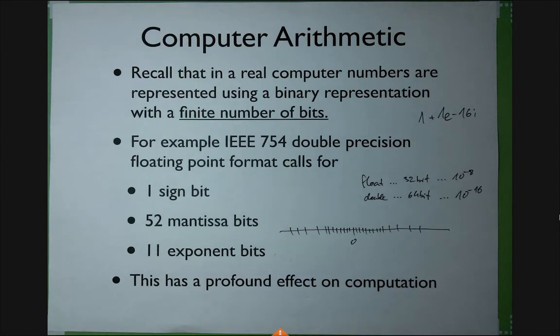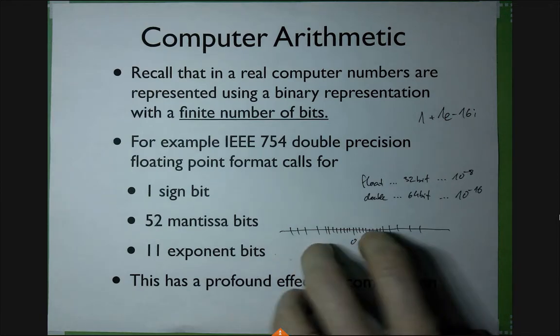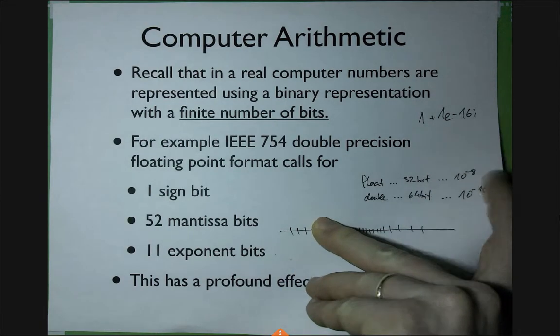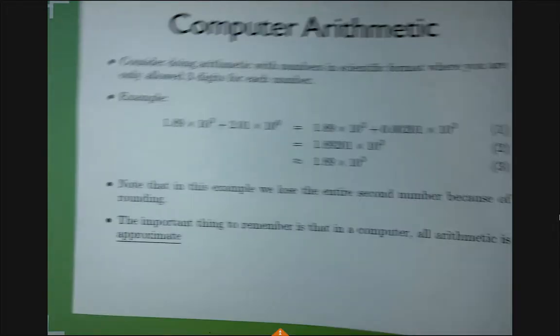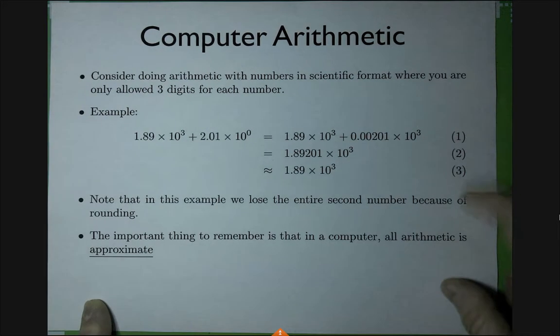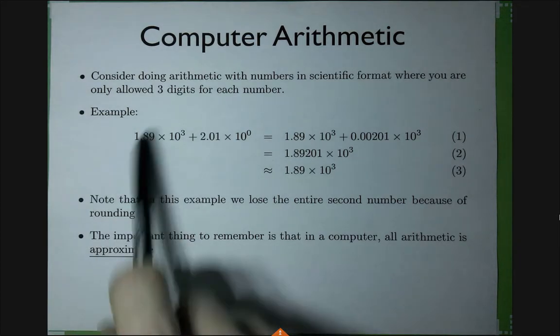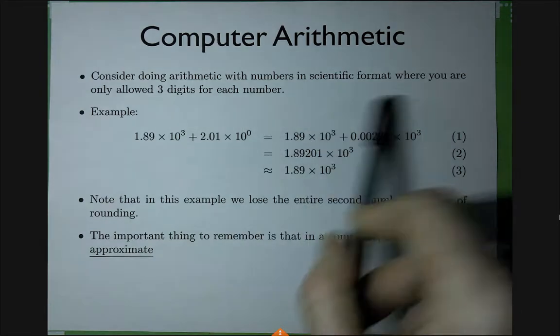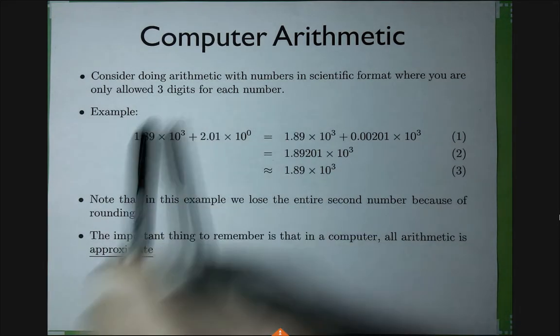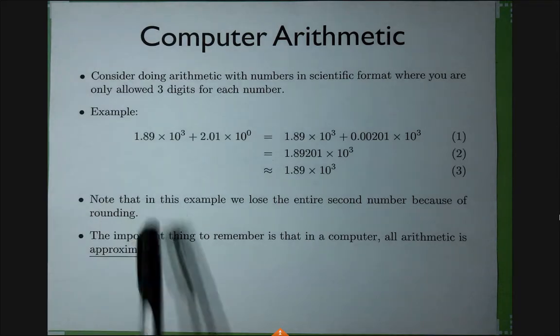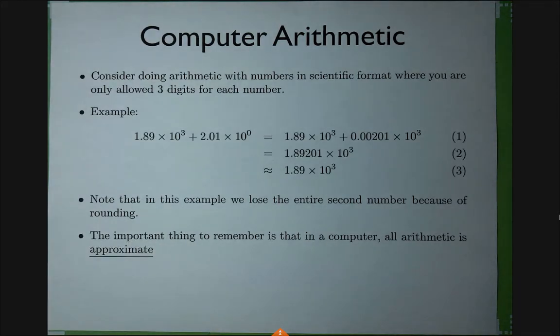So let's talk about what the rounding error means for solving systems of linear equations, because that's what leads to the pivoting strategies I would like you to know about, because you'll have to implement them. Let me explain it on a simpler case. It's easier to imagine a computer that only uses 3 digits of accuracy for each number.